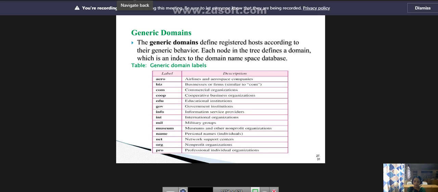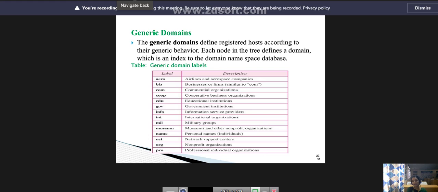Info means information service providers. Int means international organizations, Mil means military groups, and Museum means museums and other non-profit organizations. Name is for personal names or individuals, Org is for non-profit organizations, and Pro is for professional individuals and organizations. So these are the different descriptions of the labels.